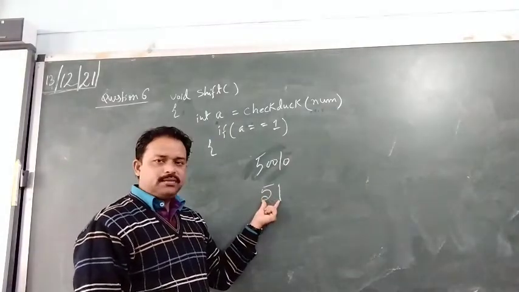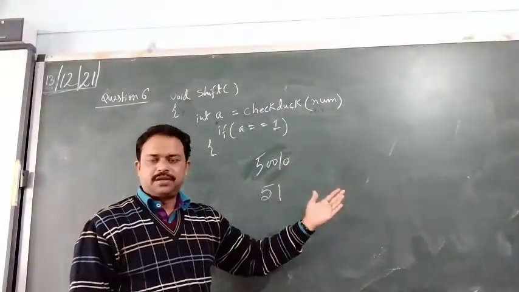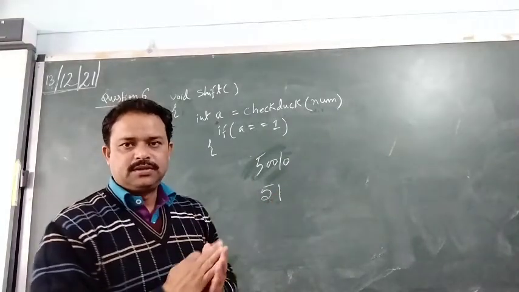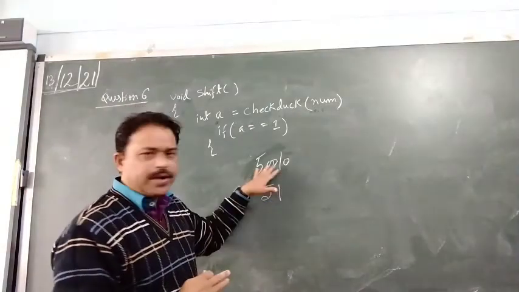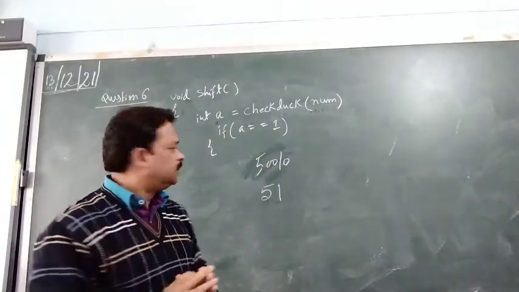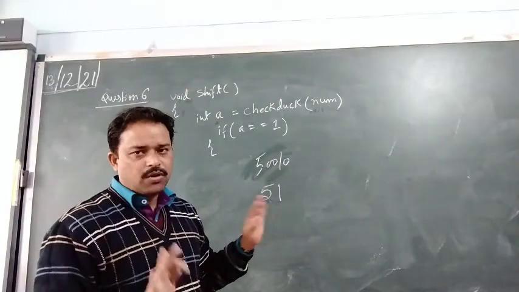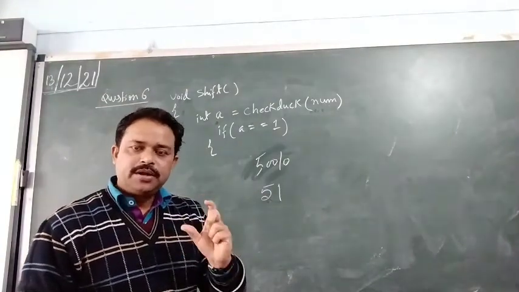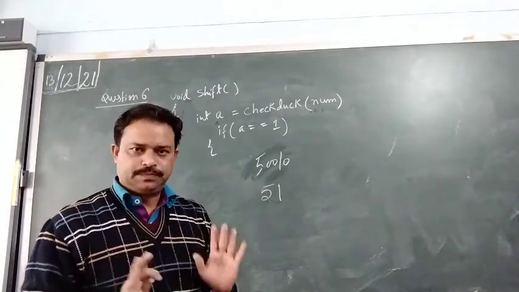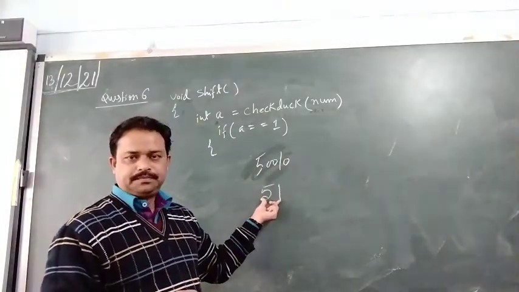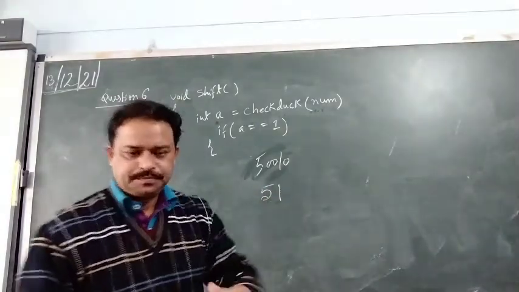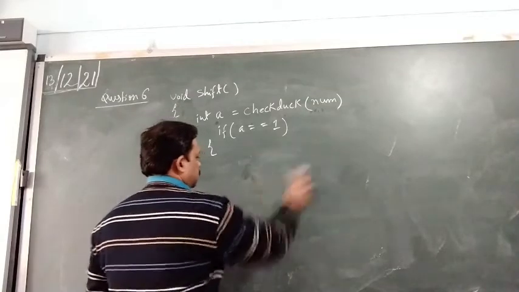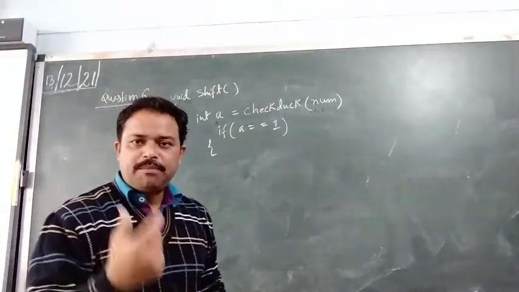Okay, now in 51, then I will do something so that the 0s will come to the right side. Are you getting it or not? We have confirmed that it is a duck number. Now make a new number, the number which does not contain any 0: 51. Let us do this, then automatically you will understand what we need to do. So I am going to make a new number without 0.